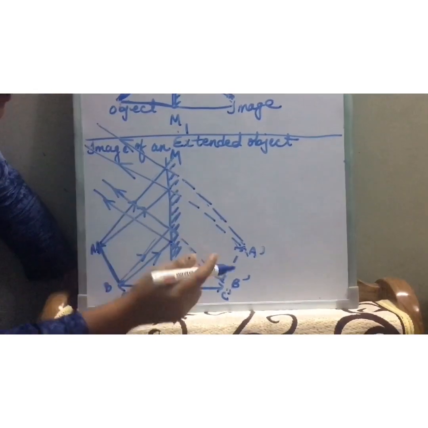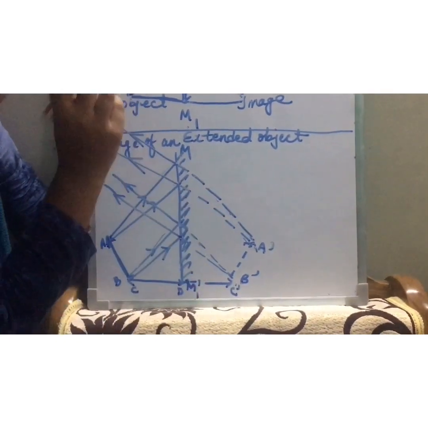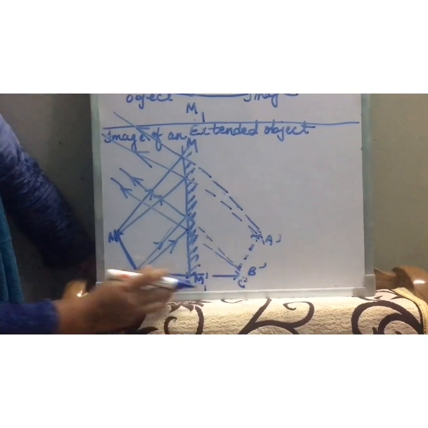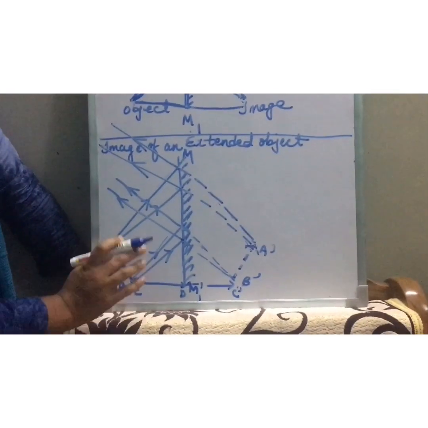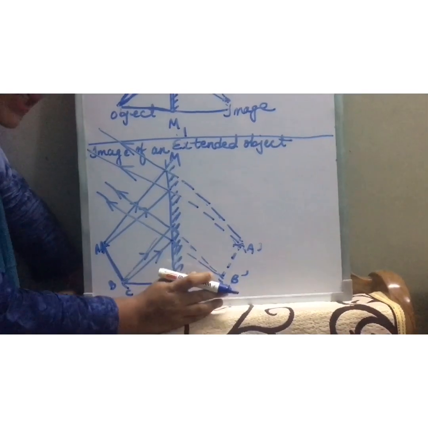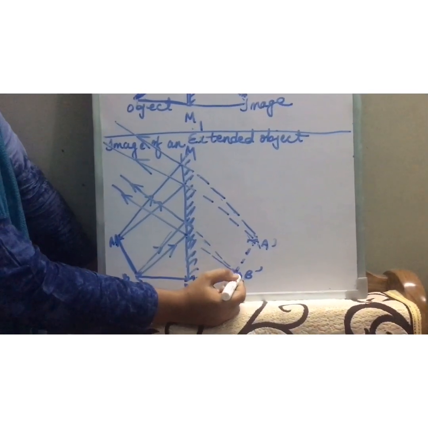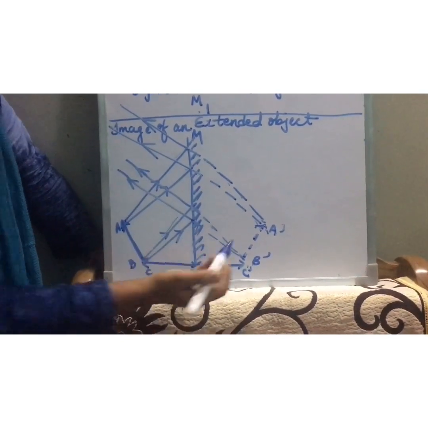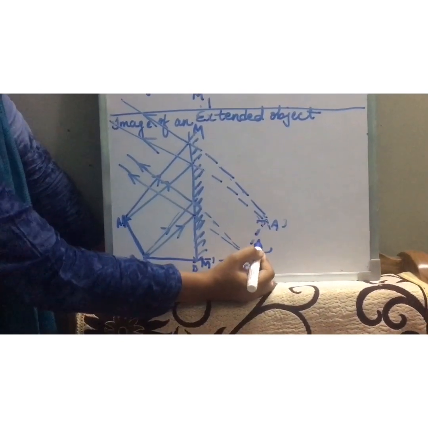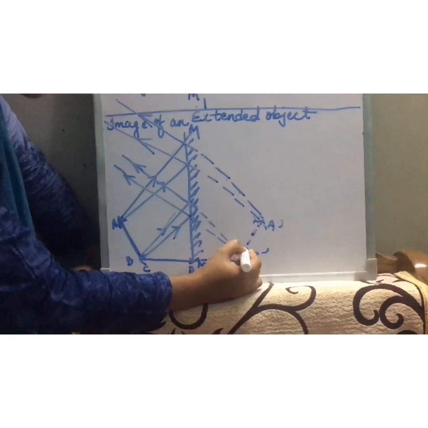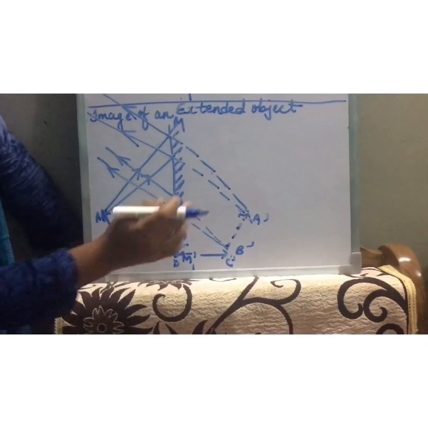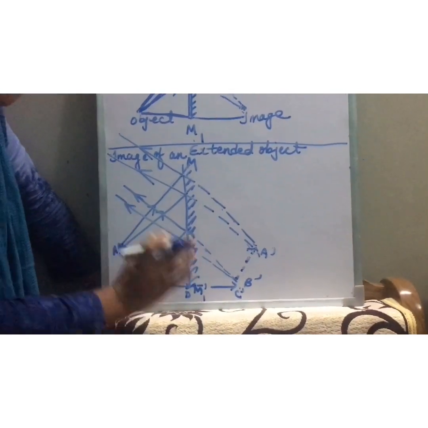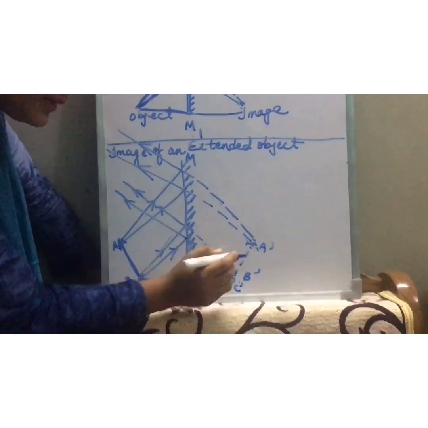And every time, keep it in mind that the image is never solid. Every time we represent it by a dotted line. Images are always represented by dotted lines. Why are they dotted lines? Because they are not real images. They are virtual, and virtual is not real anytime. That's why, to show that they are virtual images, we represent them by dotted lines. If it is a virtual image, you have to draw it by dotted lines, and if it is a real image, you have to draw it with a solid line.